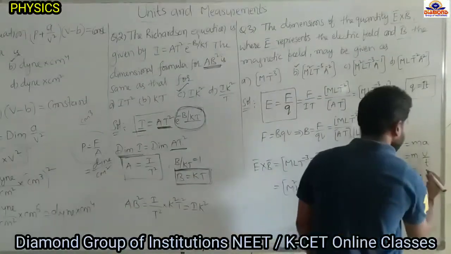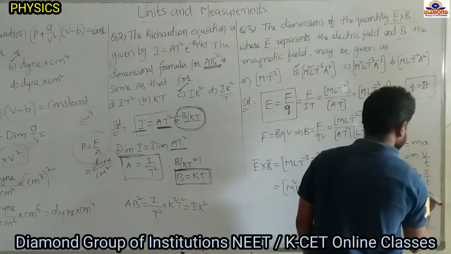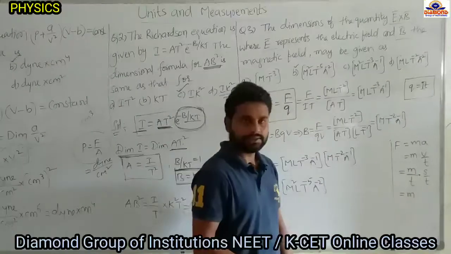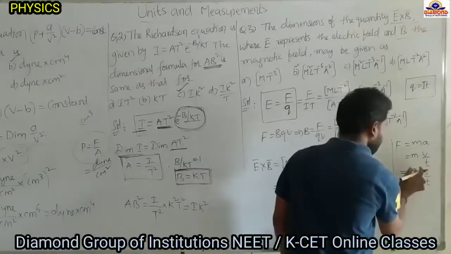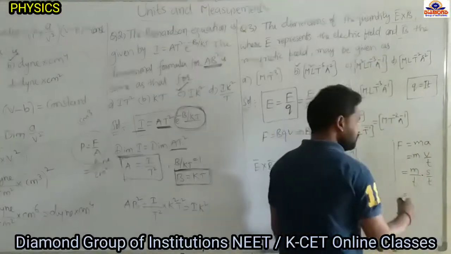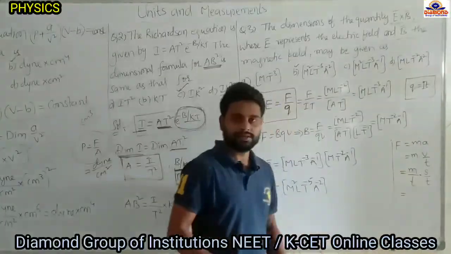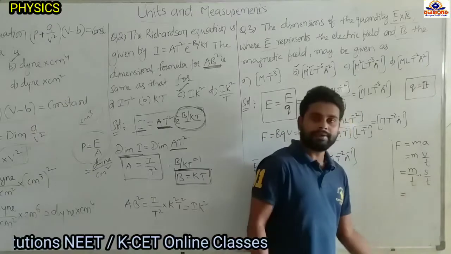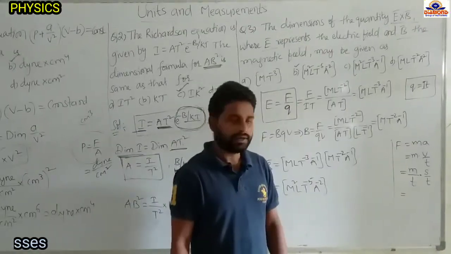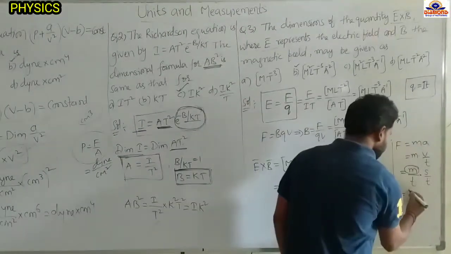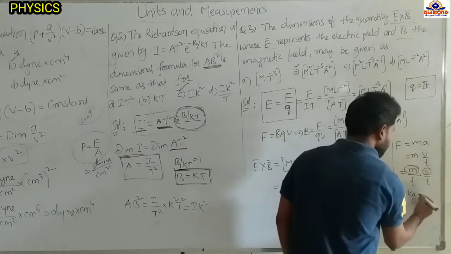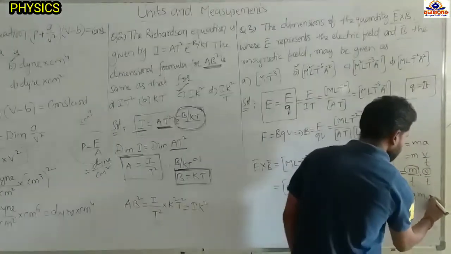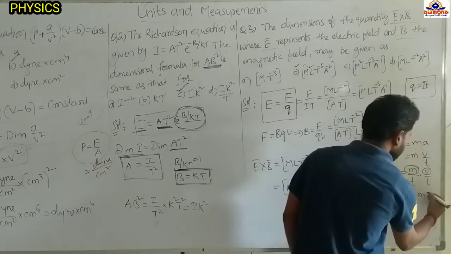The velocity formula is displacement per time. Okay, so here displacement is nothing but the length. So here m is the mass, a fundamental physical quantity, s is the displacement. Displacement is nothing but the length, so length is a fundamental physical quantity. In the denominator we have t into t, time square, that is also a fundamental physical quantity. Now write down the unit of mass is kg, the unit of displacement is meter, time square is there, the unit of time is second, so second square, and it is in the denominator. I am writing the numerator per second square.